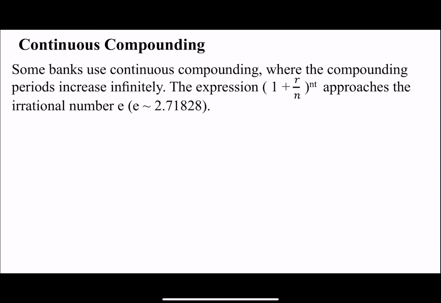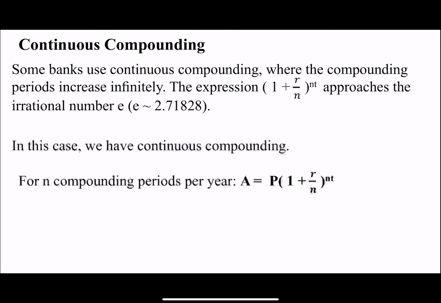a year. Now imagine this n increases. They calculate your interest every second, every moment, on your principal and accumulated interest. In this case, we have continuous compounding. Well, for compounded n times a year,